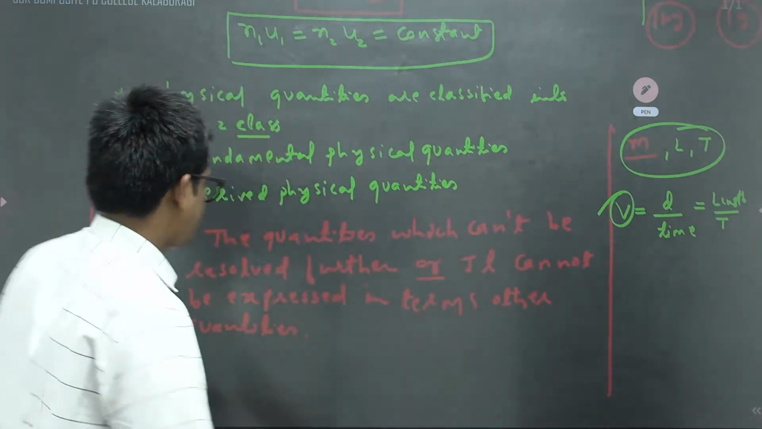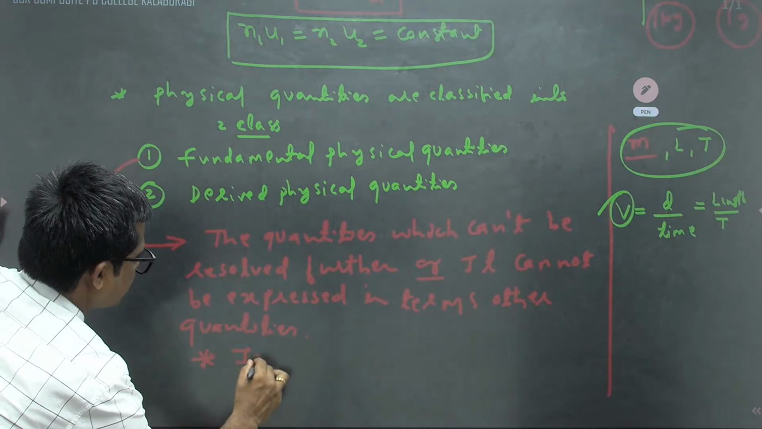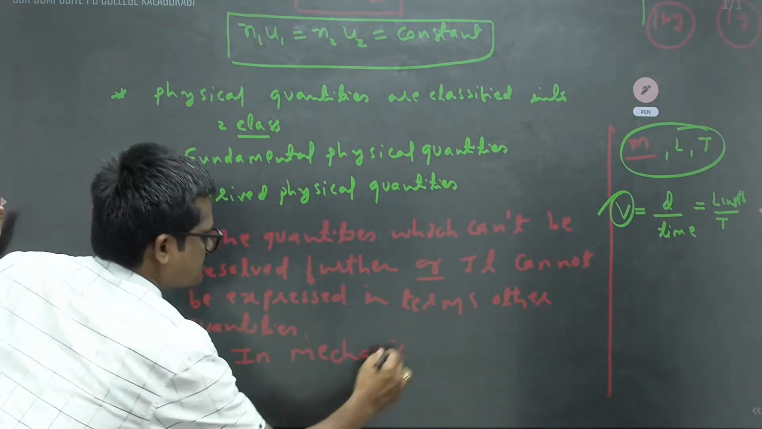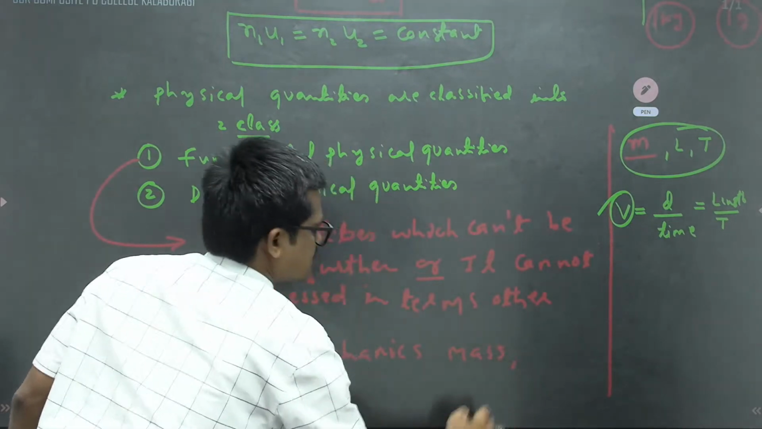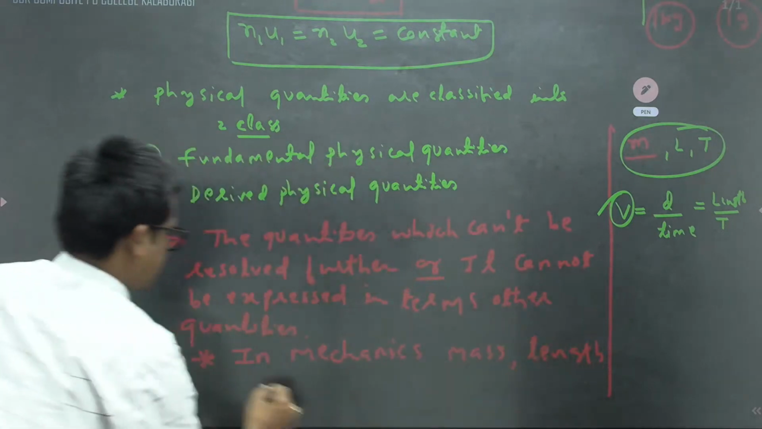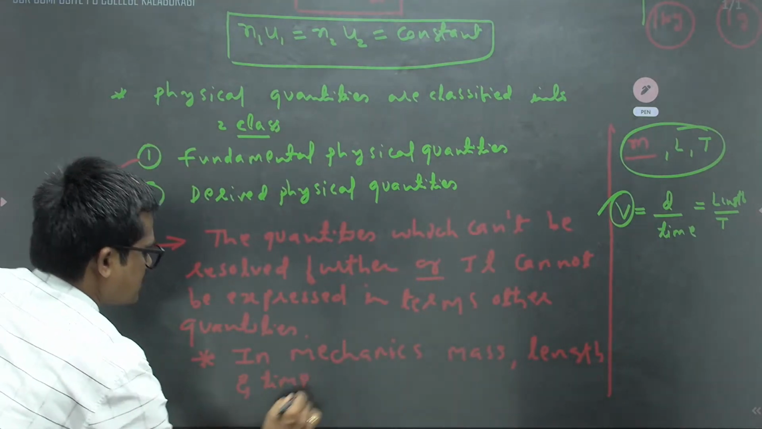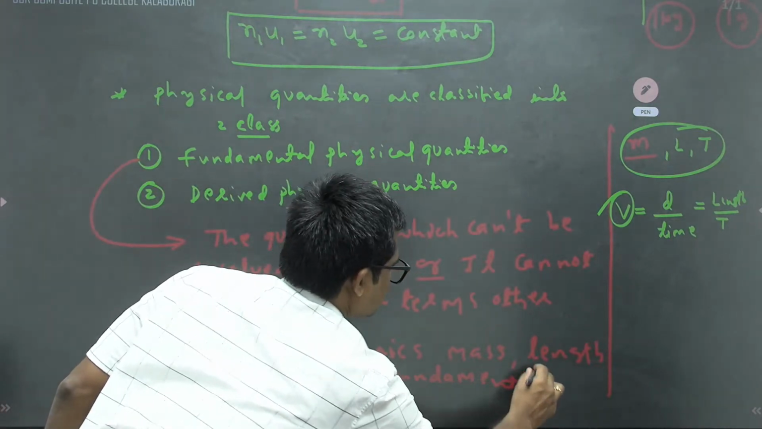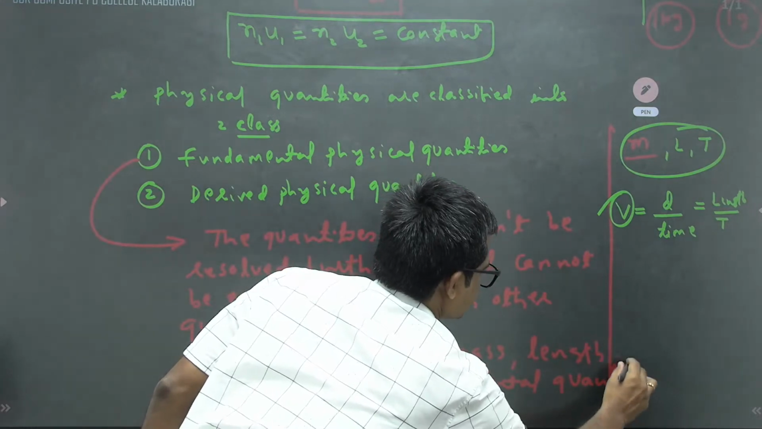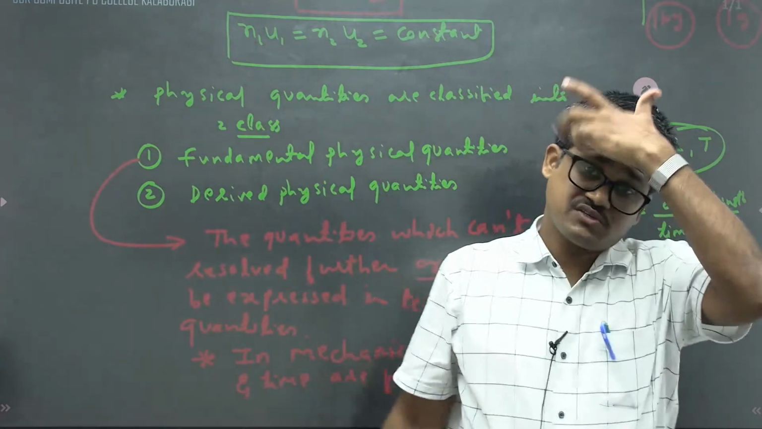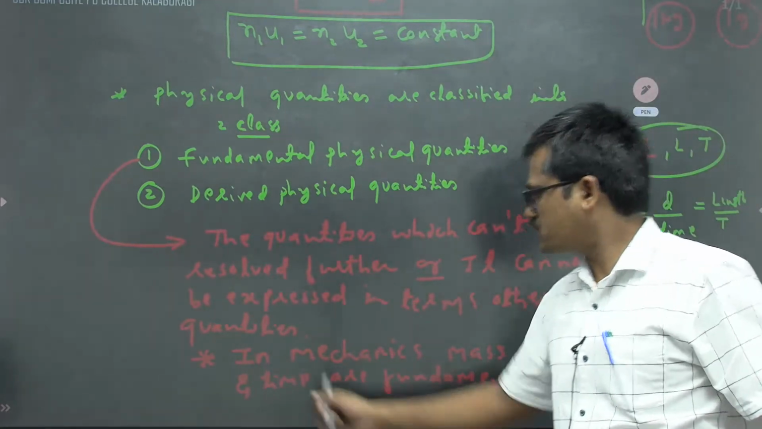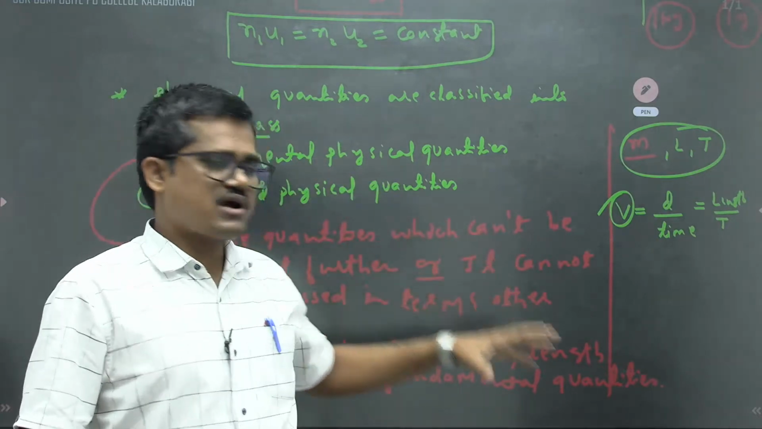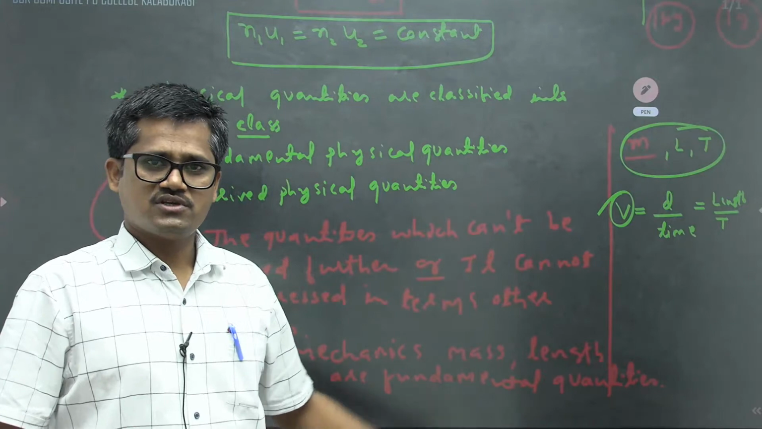So in mechanics, what are the quantities called fundamental? In mechanics, mass, length, and time are fundamental quantities. In different branches, we'll have different levels. Slowly we'll see to it. Let me complete mechanics first. In mechanics, how many fundamental quantities are chosen? Mass, length, time. So whatever other physical quantity comes, excluding mass, length, time, they can be expressed in terms of